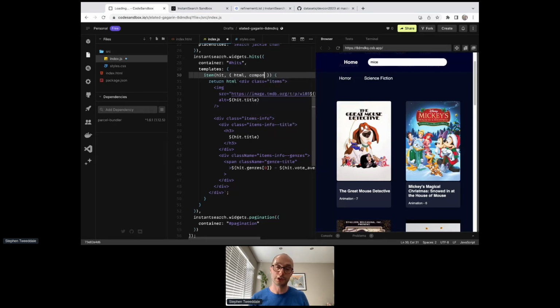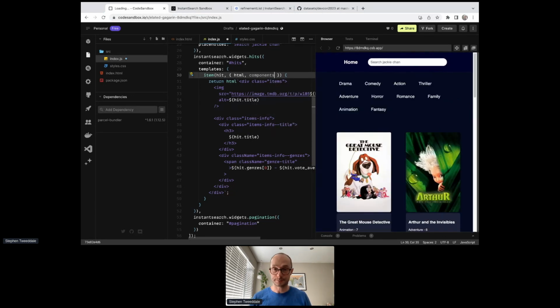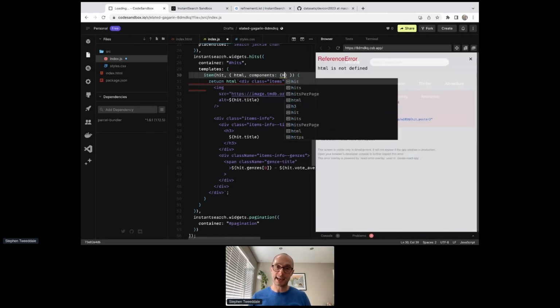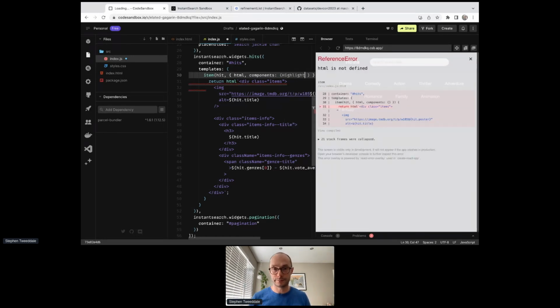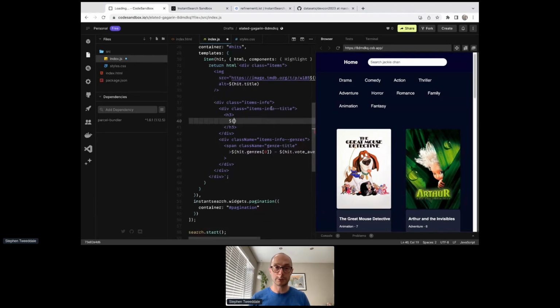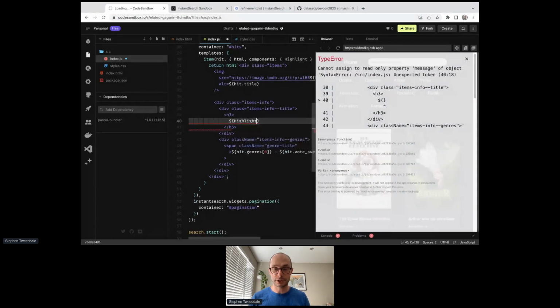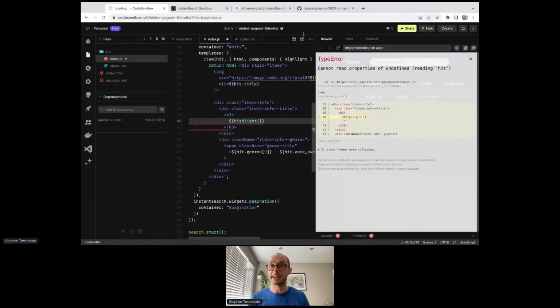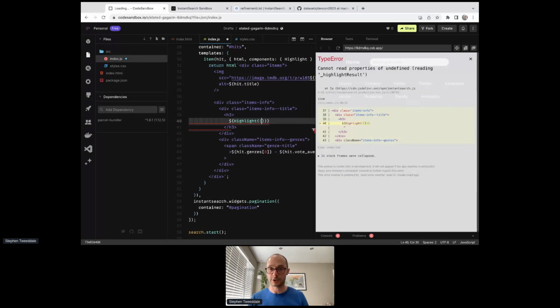There's a components attribute, sorry, object, nested object, that's what I'm looking for, of which we can destructure a highlight helper. And what this will do is mean that instead of just rendering, let's say, hit title, we can instead use the highlight function, and this one takes a couple of arguments again as attributes of an object,